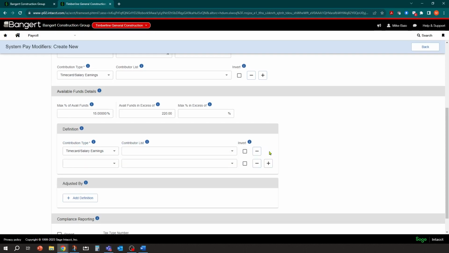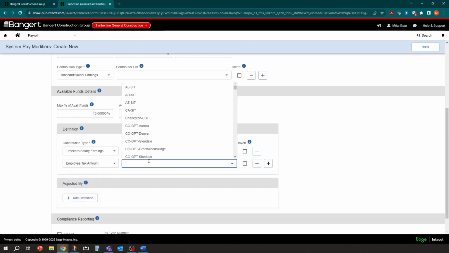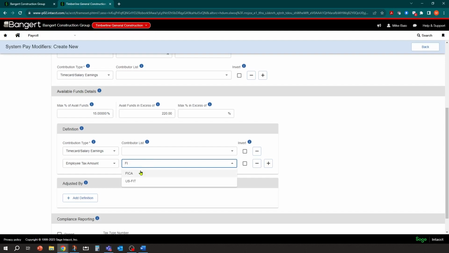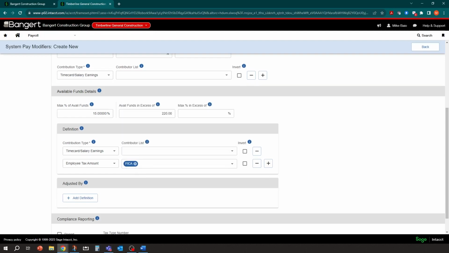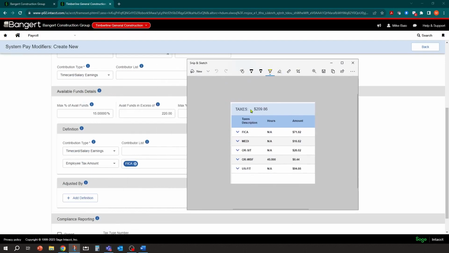And now what we'll need to do is select employee taxes that come out first. Okay, so we can select employee taxes. And now here's a list of all your taxes that are set up in the system. And you could best fit, or you can go through the list. If I type in FICA, we'll just go through it here. Sometimes what's helpful is what I did is in the employee file, I took a screenshot of what taxes that employee already had set up in their system. So I knew exactly which taxes to take out.